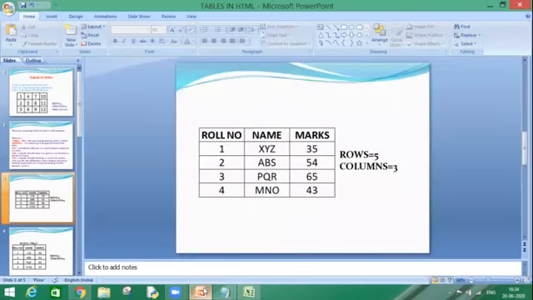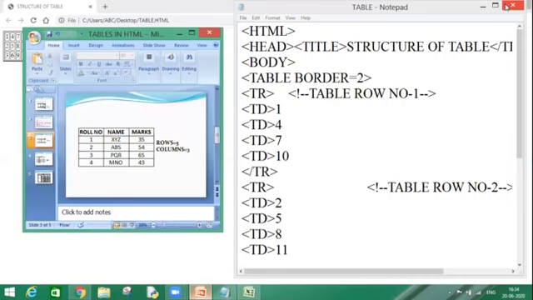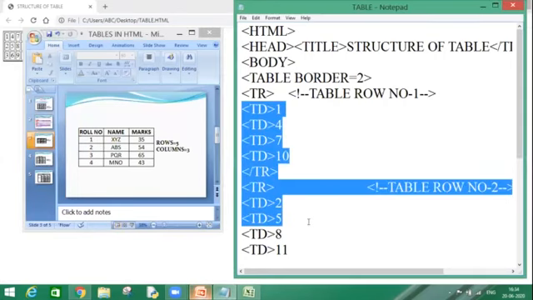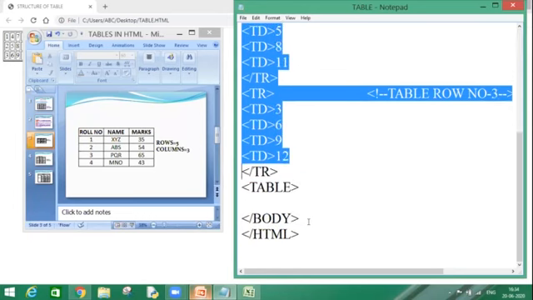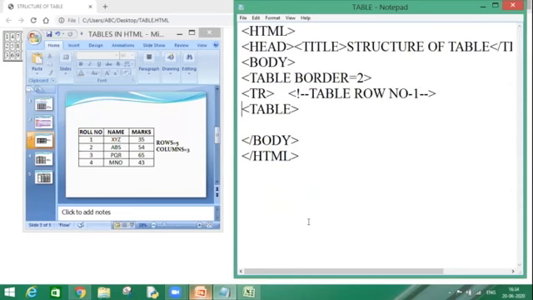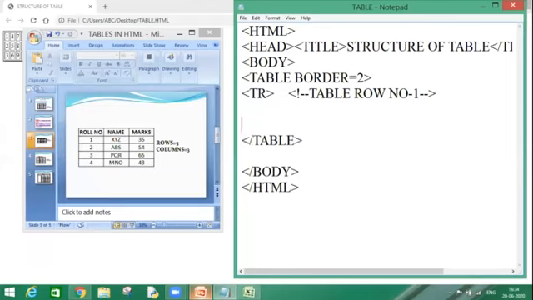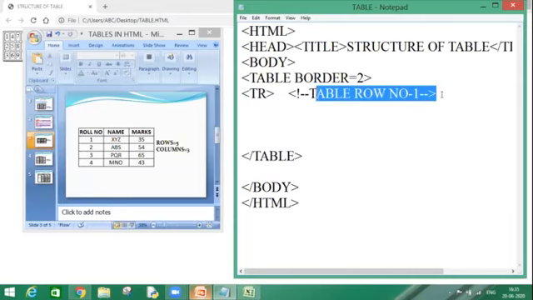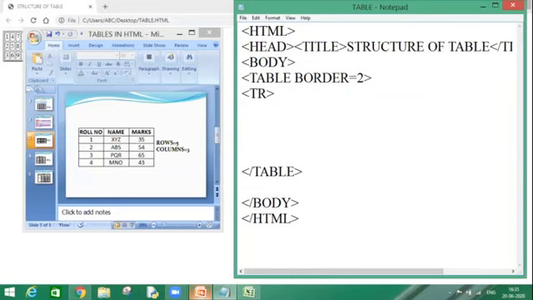Let's focus here. Let me minimize it. Yeah. So what are we going to do? Let me delete it. Okay. Let me delete this also. Right. So first row I have started.